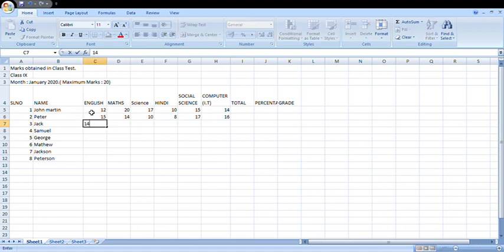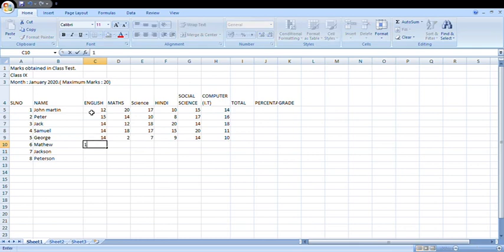Then 14, 12, 18, 20, 15, 18. Then for Samuel, 14, 18, 17, 15, 20, 11. Then 14, 2, 7, 9, 14.